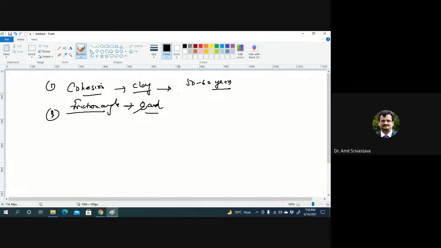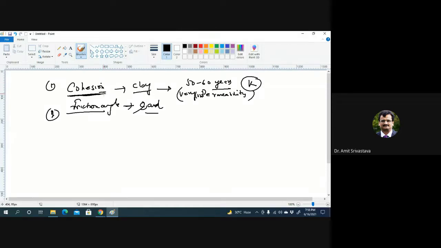This clay has a very low permeability value. Is it not? You all agree that clay has a very low permeability value? Yes, of course. The coefficient of permeability of clay is very low.